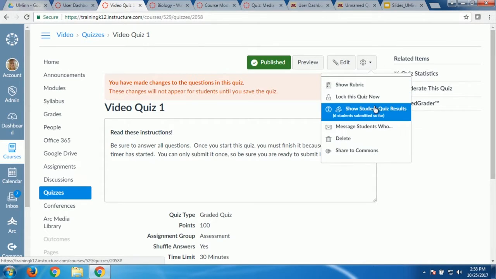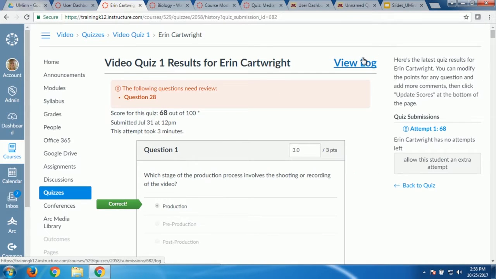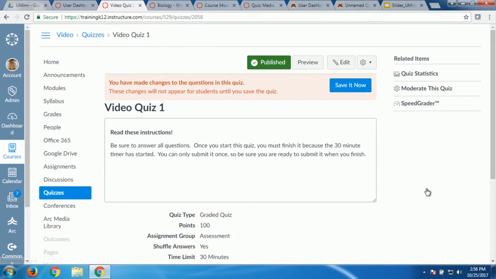Yes? Just show how to get to the log again. Yep. With student and then where? Yeah, you go to the gear and student quiz results, and then you just click on a student. So when I click their name, the view log option is at the top. Once you click on a student's name, it gives you that view log. If I needed to grade a question, question 28 is my essay question, I can also click here and go straight to grade it if I want to. You don't have to have essay questions, just know if you do assign an essay question, obviously you have to grade that. Canvas, I wish they could grade essay questions for me. You can easily get to grade that though as well.